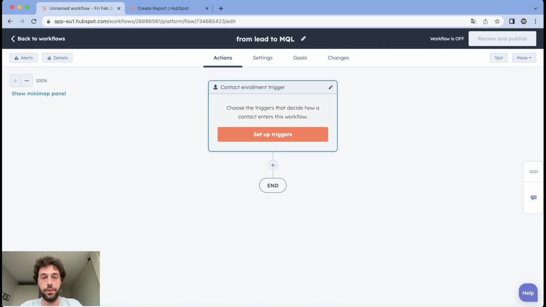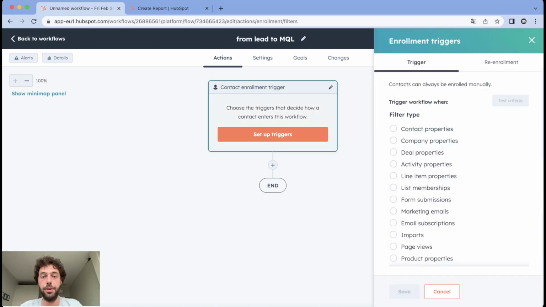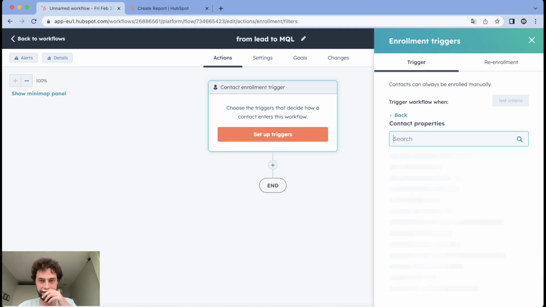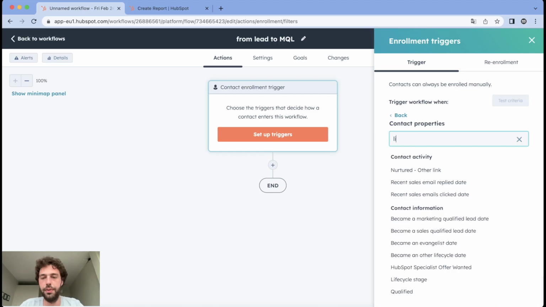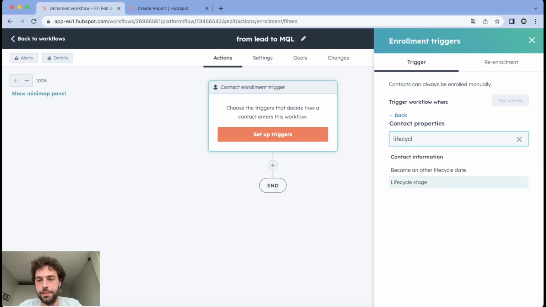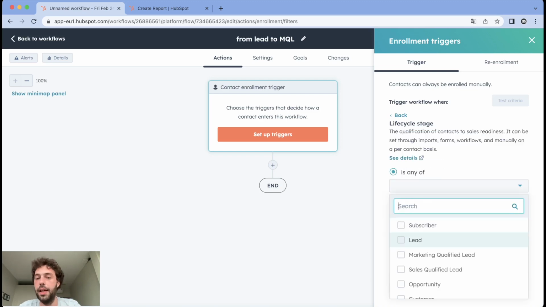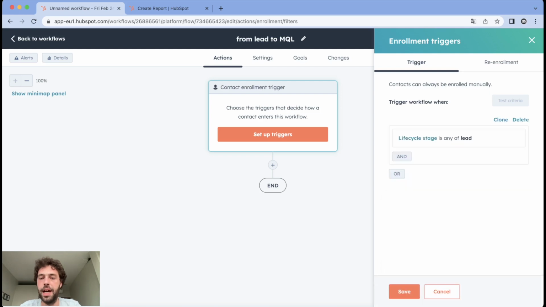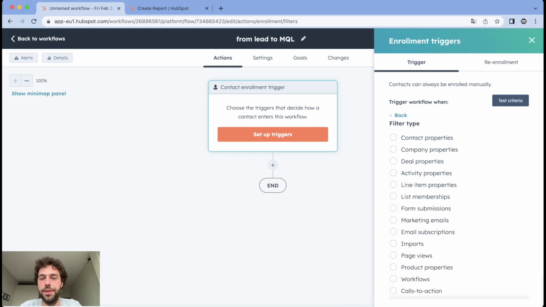So the most important thing in this workflow is the enrollment trigger. We want to enroll all leads, so lifecycle leads that match our criteria. So we go to lifecycle stage is any of lead, and we will add with the AND button all our criteria. So what we said: phone number is known,